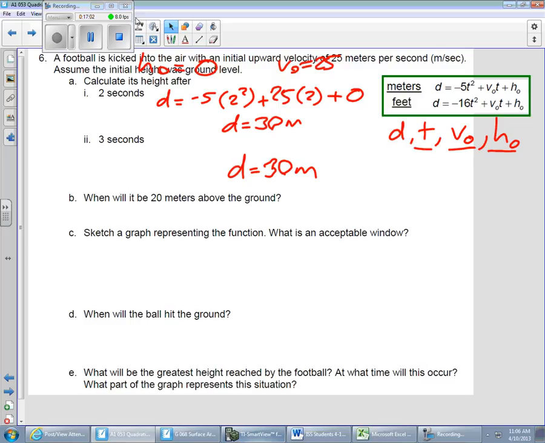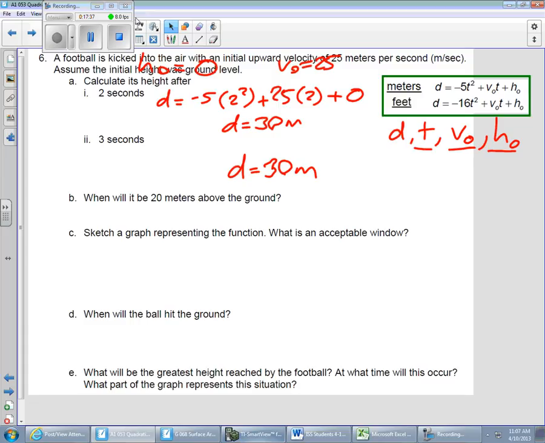Okay, so to put this into physics terms, when you kick the ball straight up in the air, you have applied a force to the ball. Okay, that force tries to take the ball infinitely at 25 meters per second. It wants to go 25 meters per second forever. Okay, so that force has been applied, the ball is taking off, but immediately gravity begins working against it. Okay, because gravity is constantly working against stuff. So it's heading up at 25 meters per second, but immediately gravity starts to slow it down. Okay, so after 2 seconds, instead of getting all the way up to 50 meters, it only gets up to